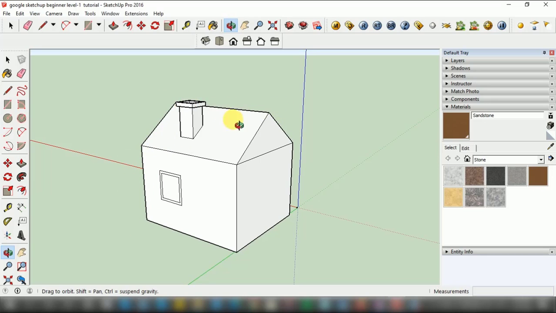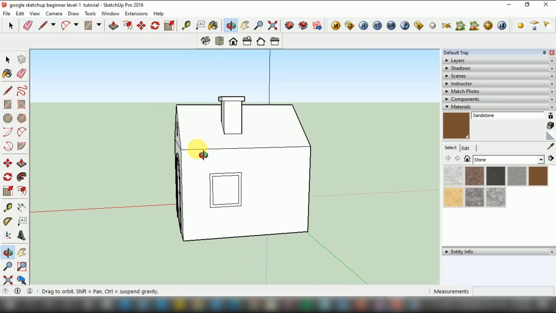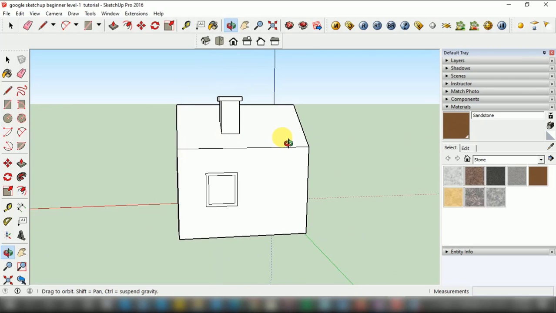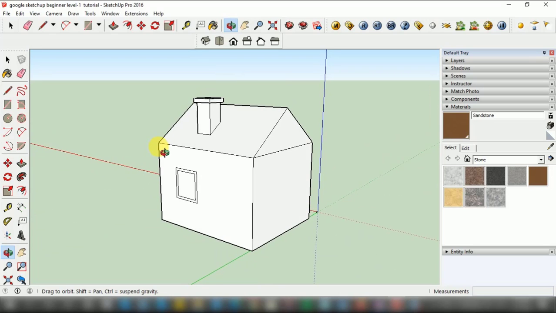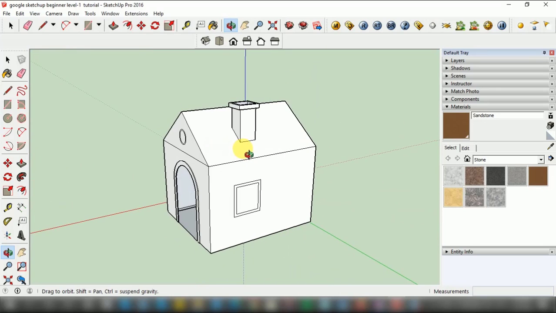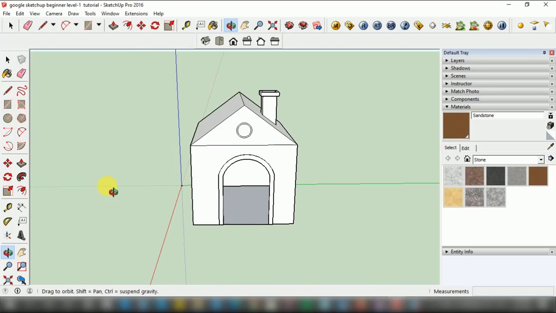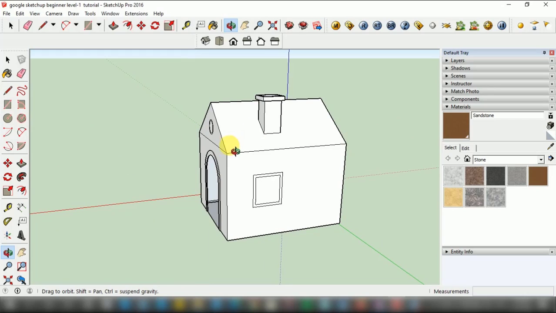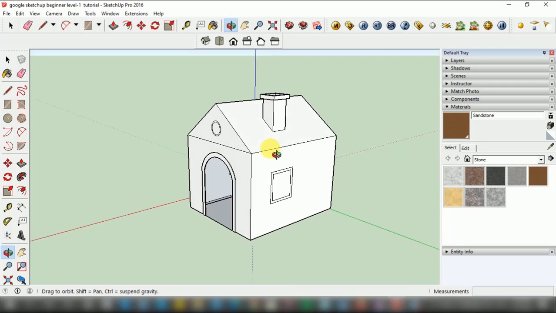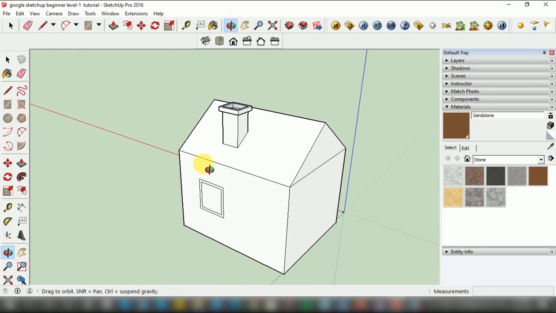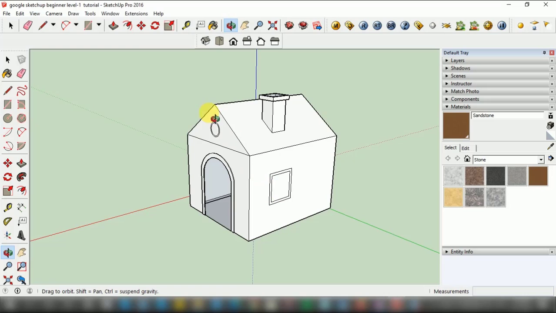Here you can see, and we will use these options in rendering and to see the object from different points of view, in different styles, using different camera angles. Okay, now you can see these are inside edges and these are outside. If I move this, wait, I will move it. Now it is a light edge because it is inside. These are outside edges, and this is an inside edge.